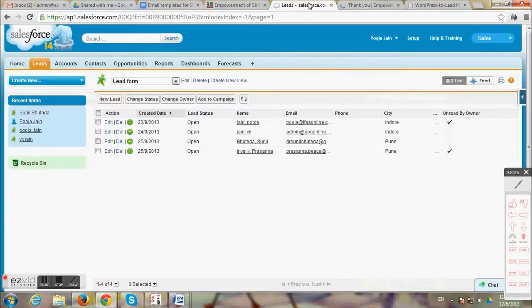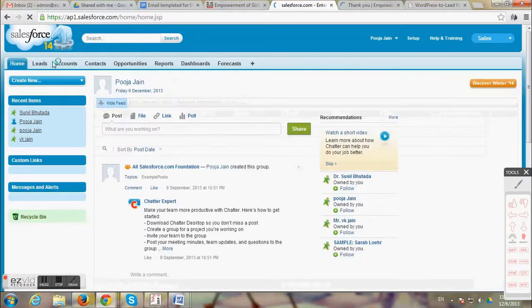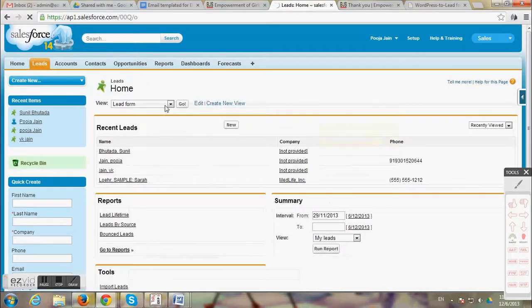The login has already been provided, and we can have 10 logins including the admin. When you click leads here, you'll see there are two categories that I have divided the leads into. The lead form is the short form, the mail me information form, whereas the admission form is the bigger form. When I click lead form, I can see all the leads that I have received so far,